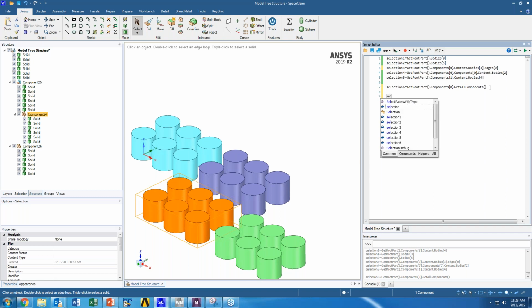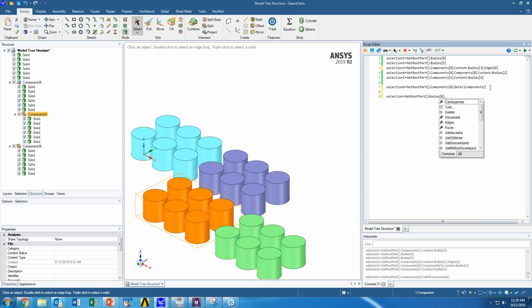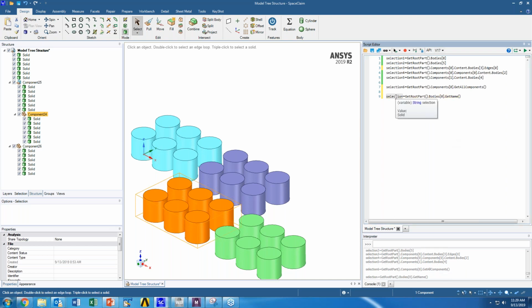So for instance, if I did one more example, I do get root part, dot bodies, 0 dot, and you can see here I can select edges, faces, I can get name, get visibility, etc. Let's say get name. Let's see what occurs. So my selection here is solid.